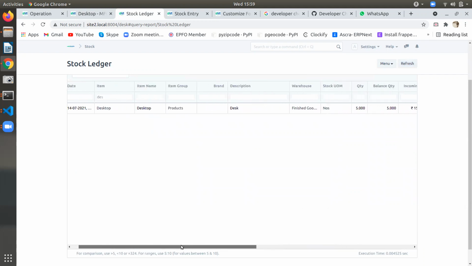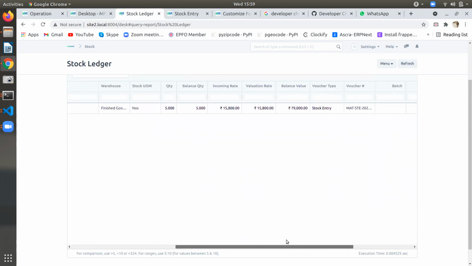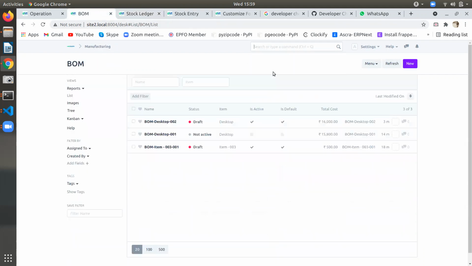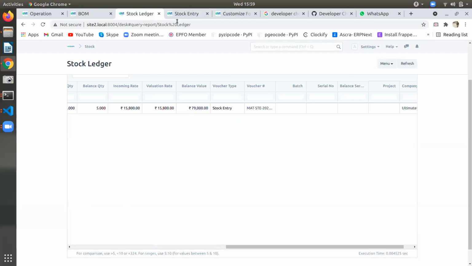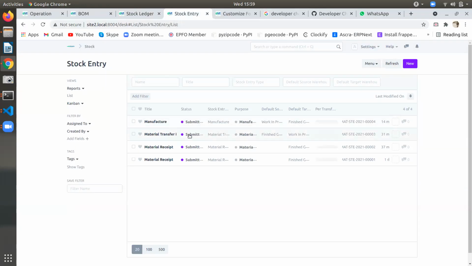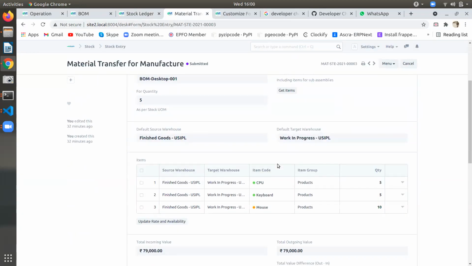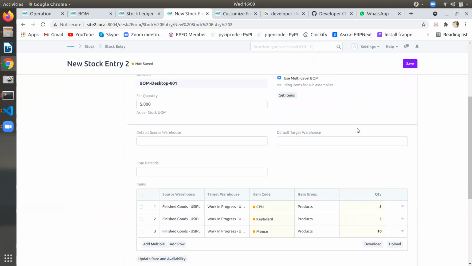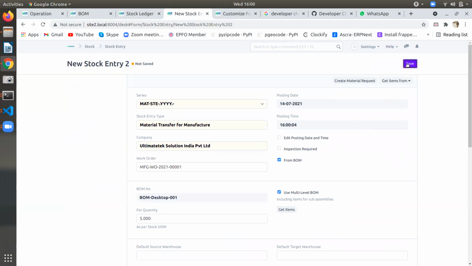So now you make another one. Sure. I think we have to update the stock also. Yeah, for those raw materials, yes. This thing, right? Keyboard, mouse, we will duplicate and save.